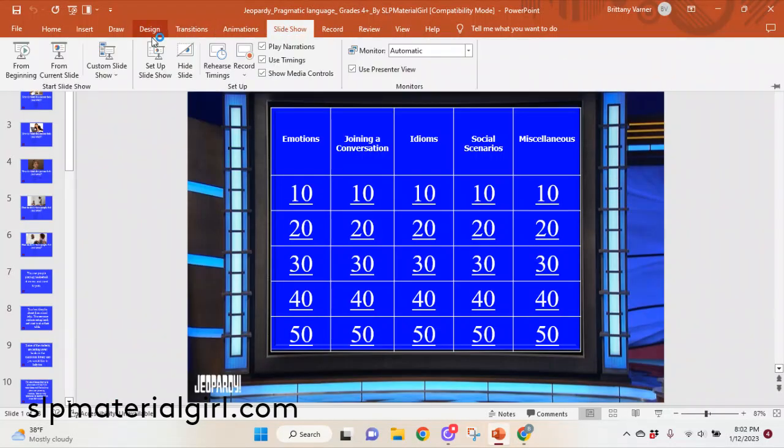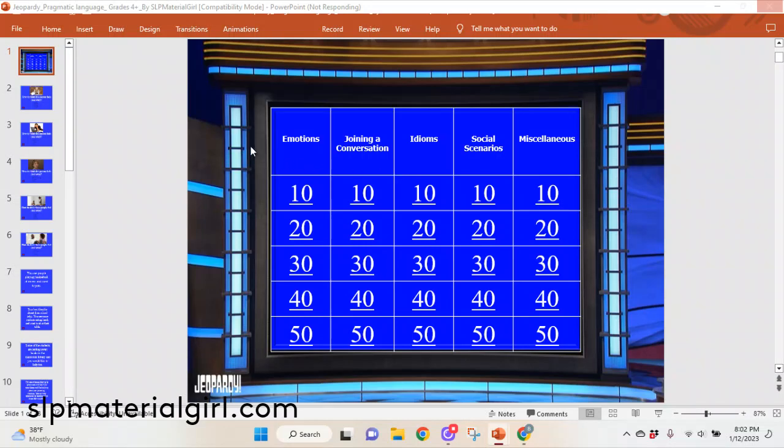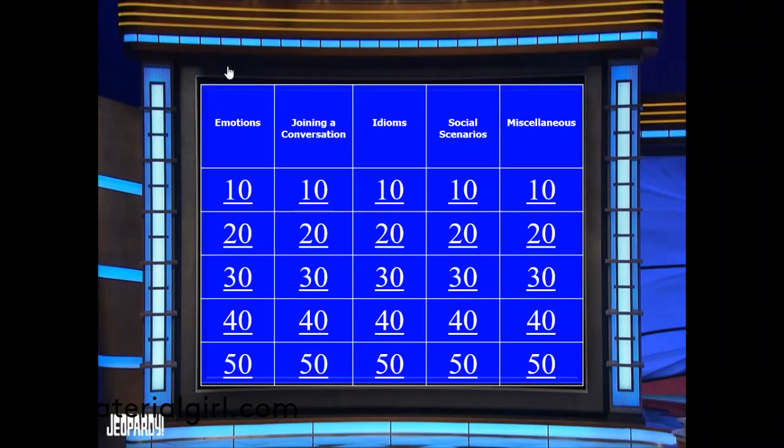You go to slideshow from current slide. Don't mind my computer, it's very slow when I'm running this technology to record a video. Oh boy, here we go. I think I also have a DVD in the drive and that really slows my laptop down. Pardon, the game's just a regular PowerPoint. There we go. All right, well, here are the categories: emotions, joining a conversation,